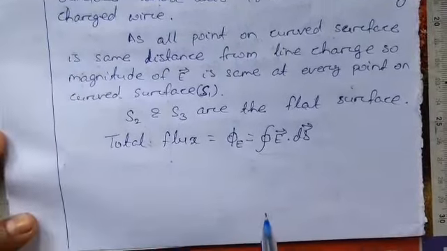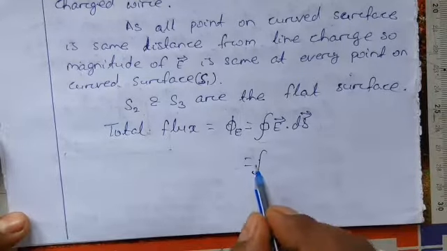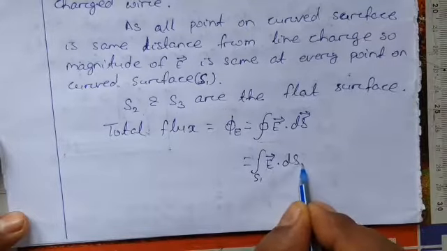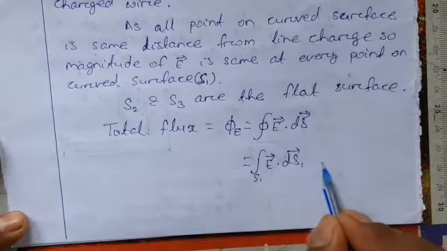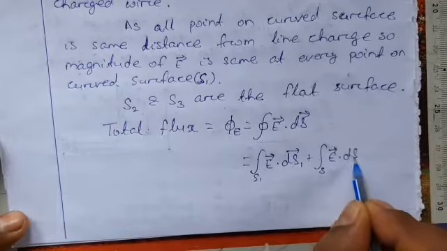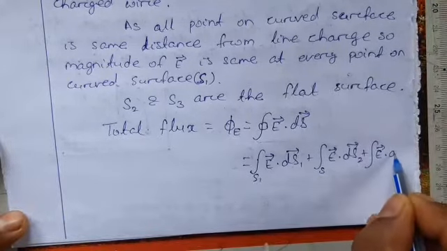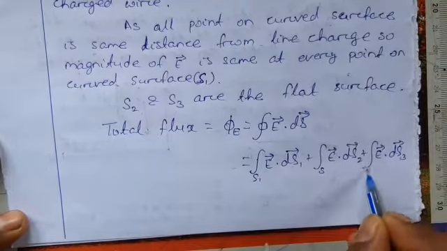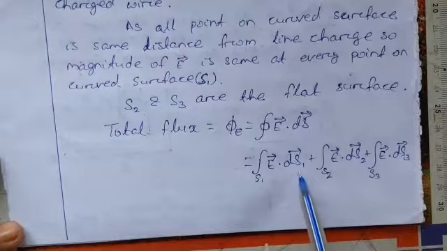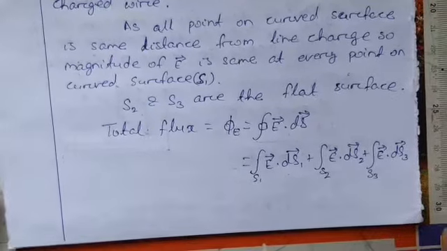Then I can write this equal to closed surface integral equal to S1 E dot ds1 vector plus S2 E dot ds2 vector plus E dot ds3 vector over S3. So I have divided the total surface area into three sections: S1 section, S2 section, and S3 section. Now see,